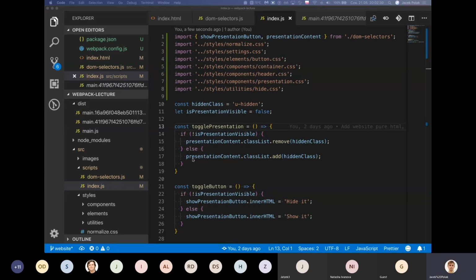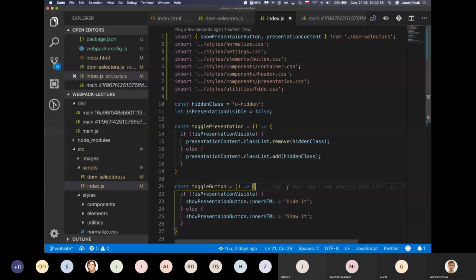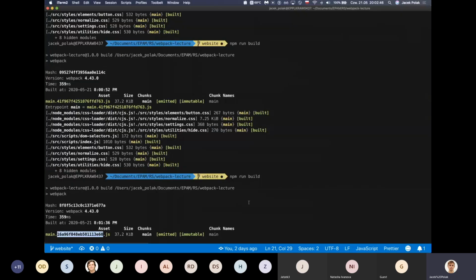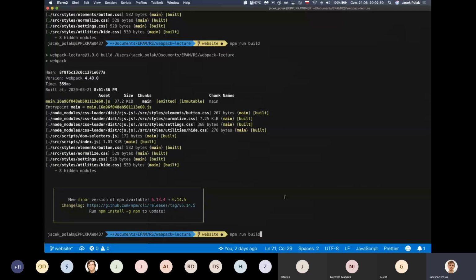Any ideas? New? That's quite... like we can imagine that it can be like a new number, but the Webpack itself is quite